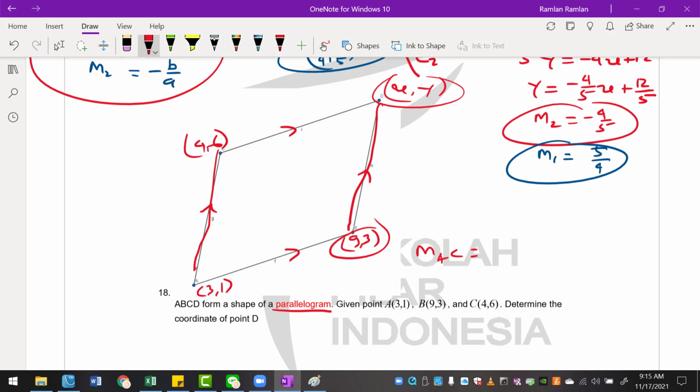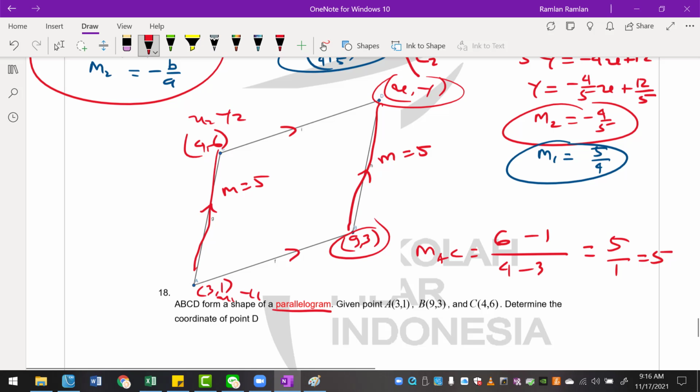So let's say this is x1 and y1, and this one is x2 and y2, right? So I will get 6 minus 1 over 4 minus 3. 6 minus 1 is 5, and 4 minus 3 is 1, so the gradient is 5. The gradient of this line is 5, so the gradient of BD is also going to be 5. If this is x, y and this is 9, 3, the gradient of BD will be equal to